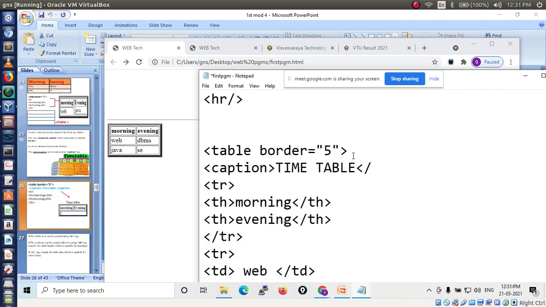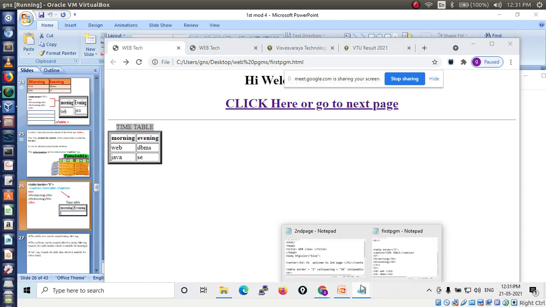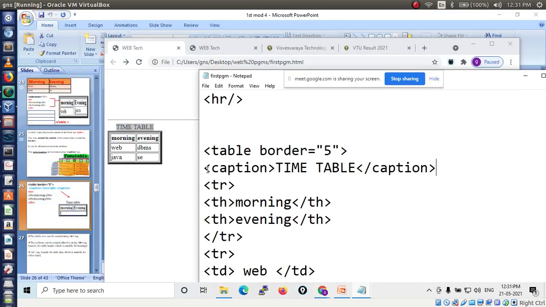Then close the caption tag. Now run this. We'll get the table name, timetable. So to display like this you have to use the caption tag, followed by whatever information you are giving. Here I am giving timetable, then closing the caption. So this is about the table tag.